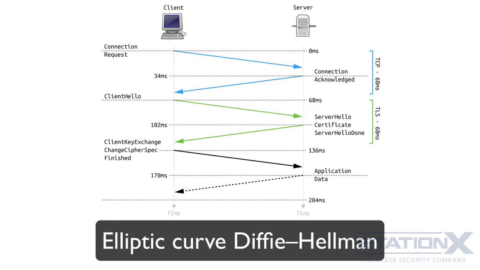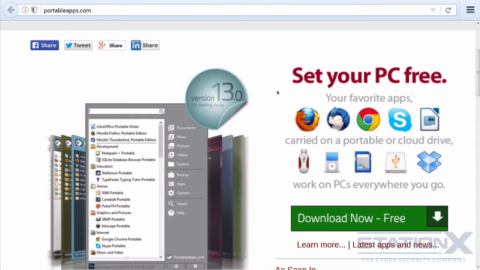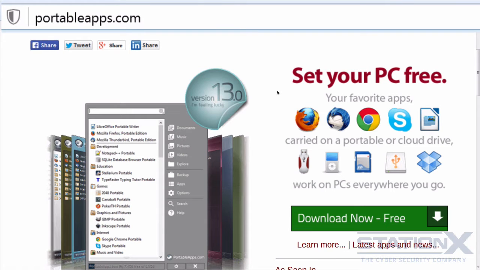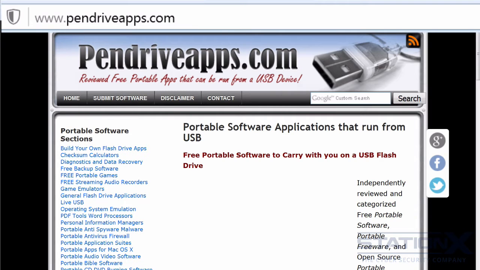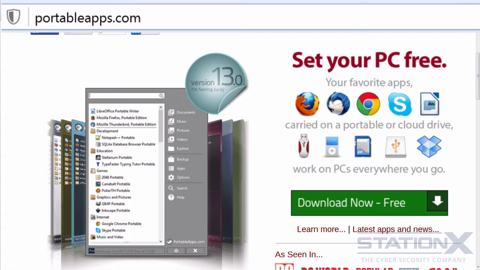We talk more about encryption in other areas of the course. We have a section on file and disk encryption, which covers more of this. Another tool for virtual isolation is the Portable app. For Windows, these can be downloaded from this site here, portableapps.com, and also pendriveapps.com. Portable Apps has about 300 portable apps, so it's quite impressive what you can download from there, and you